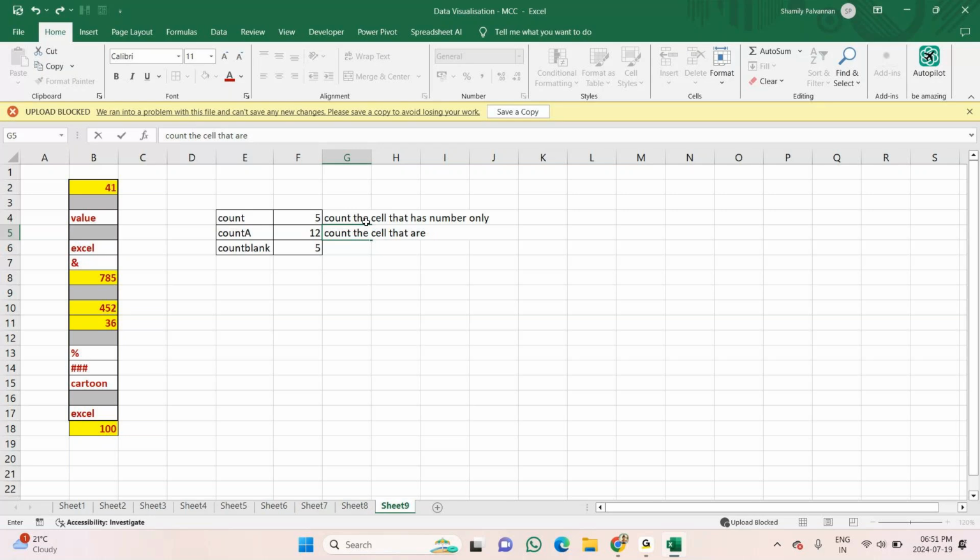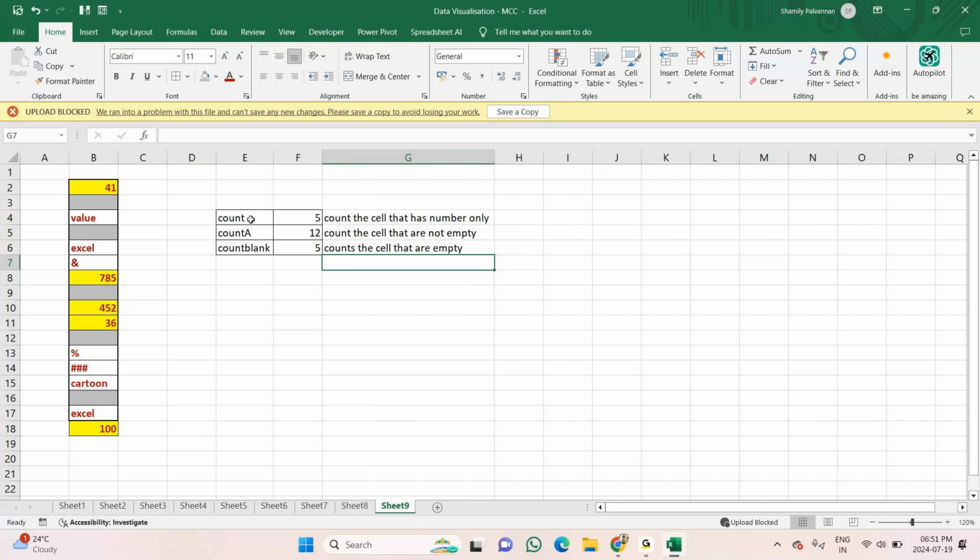Okay, that are not empty. Let me give it like this. Then counts the cells that are empty. Okay, you can try this now.